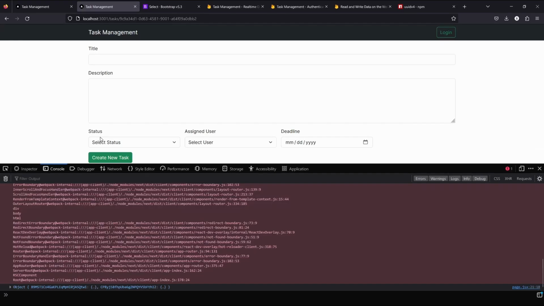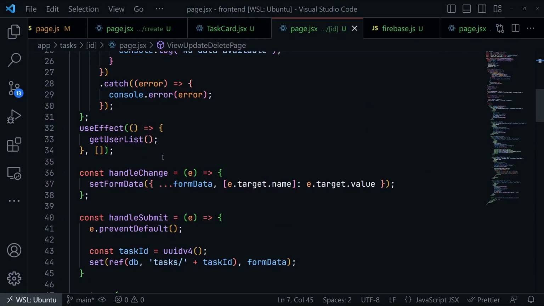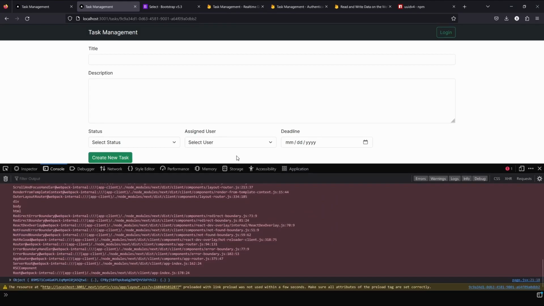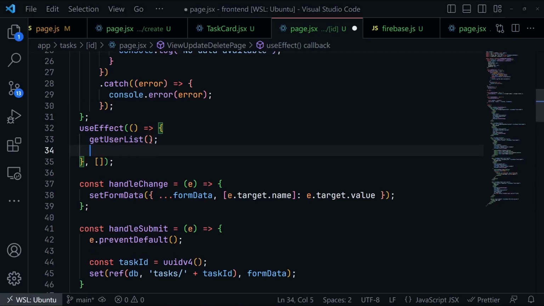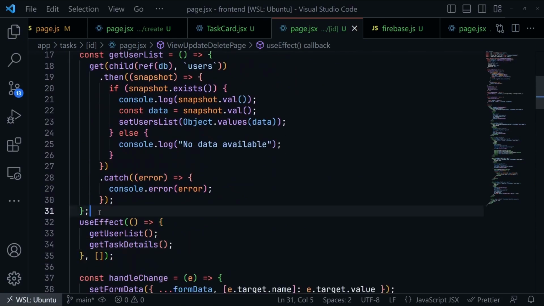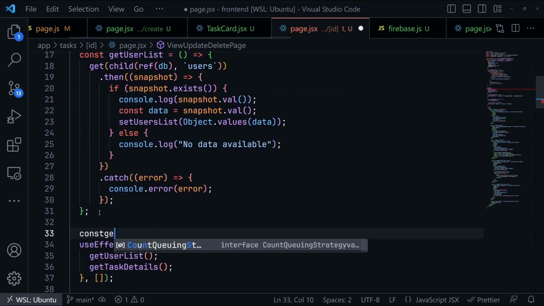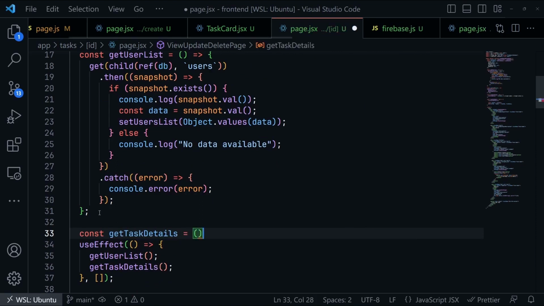So if I go to the page, you got the same form, but the data is not there. So inside this useEffect function, you're getting the user list, which is fine. We need it, but we also need the values of the particular task. So get task details. I'll create this function and let's define it over here. Const get task details, and